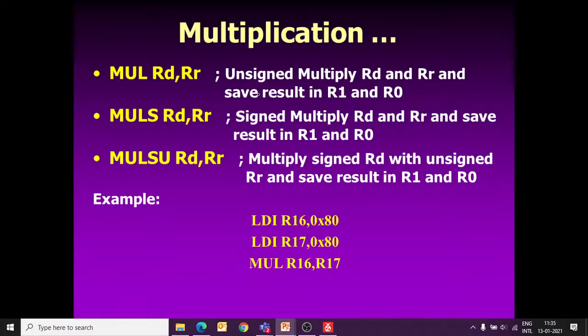Somebody said that if you want to do multiplication, you have to write MUL, right? Multiplication instead of addition or subtraction. If you want to perform multiplication, you can write the instruction MUL, followed by two registers, RD and RR. Here also RD and RR can be any registers from